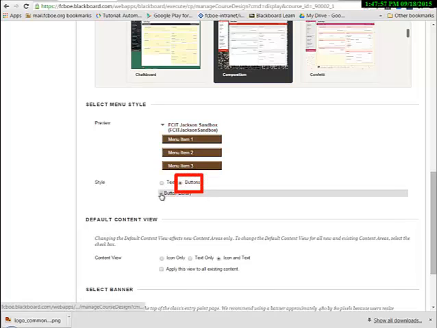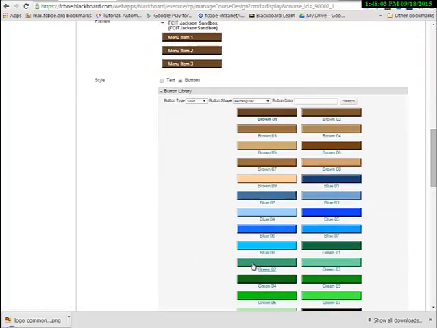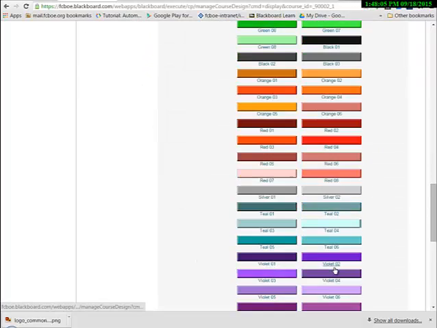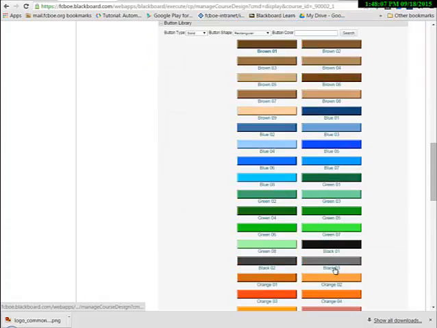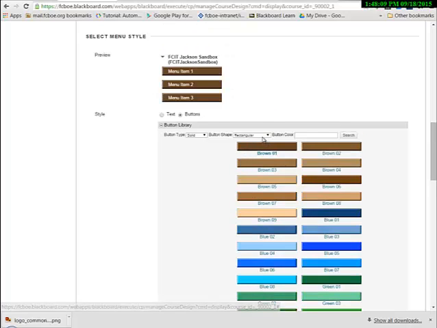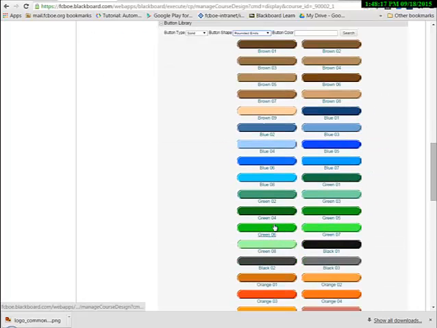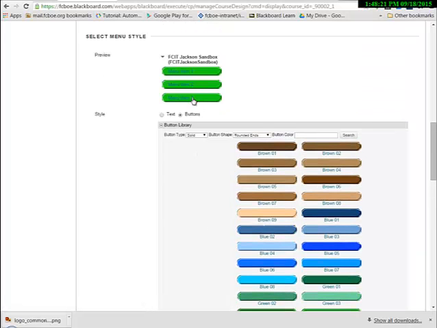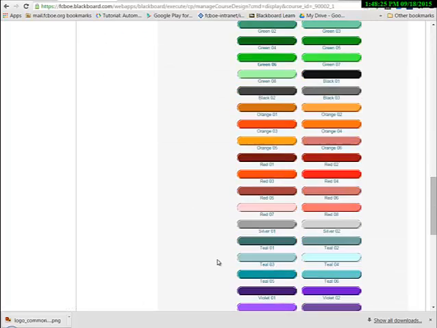And I can even change the way the buttons look by clicking on the plus beside button library. Notice I have many different choices with V-shaped buttons, and I can also come back up and I can change the button shape. Give them rounded ends. So I could click on green as an example, and notice that it'll give me a preview up here at the top. I can continue scrolling down